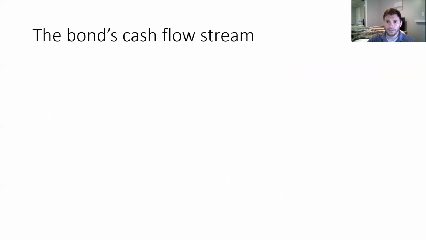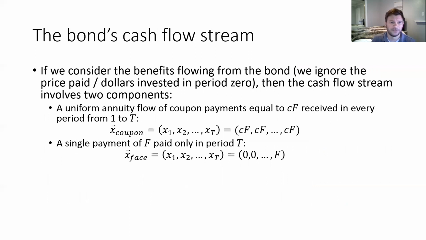Okay, now, if we were to consider the benefits flowing from the bond and we ignore the price we actually paid, then we're going to see here that the cash flow stream actually involves two important components. The first component is something very familiar. It's a uniform finite annuity flow of coupon payments, and the size of those payments is equal to CF, and we receive those payments in every single period, starting in period 1, ending in period T. The other part of the bond's cash flow structure is that there is a single face value payment being made only in period T, but otherwise, with respect to the face value portion of the cash flow stream, there are